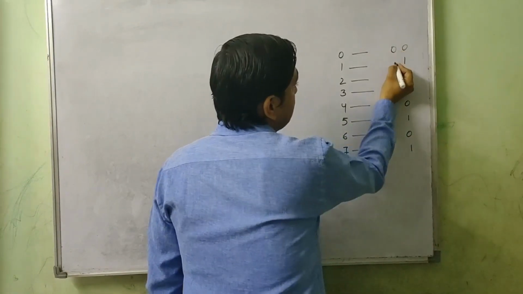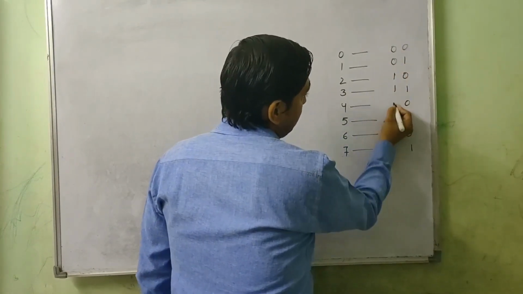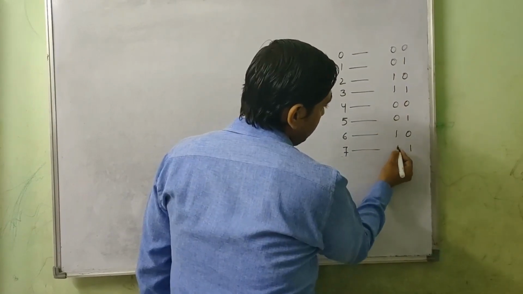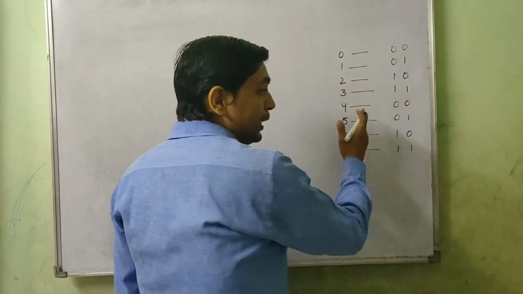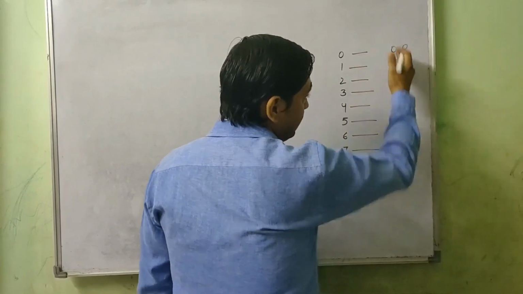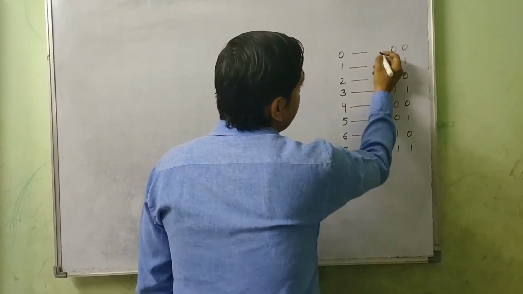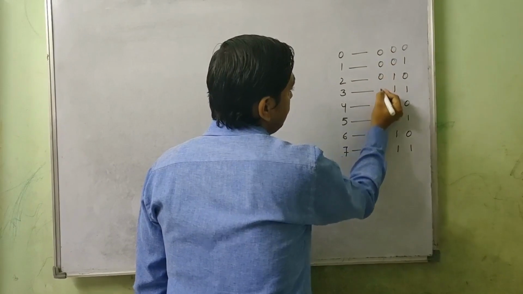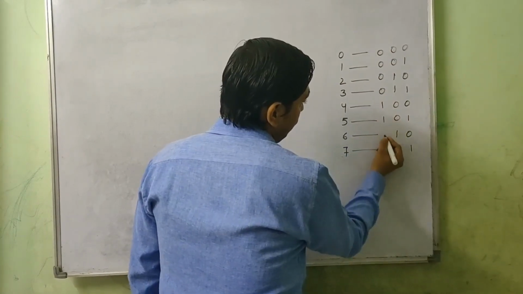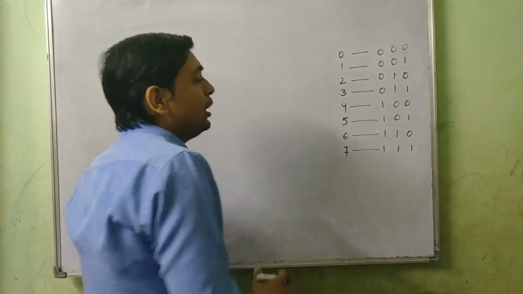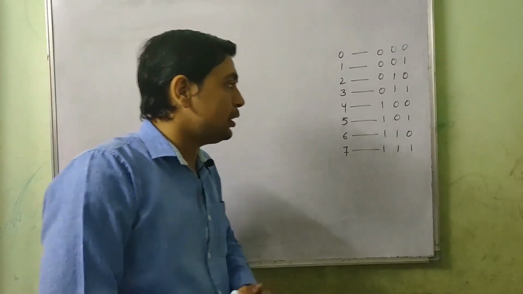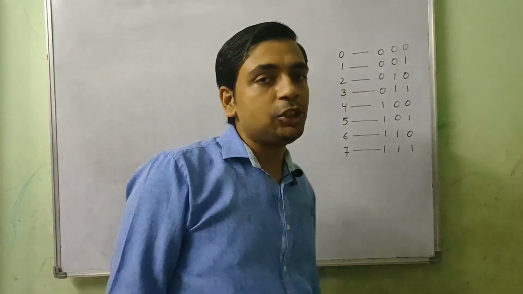So it will be 0011, 0011. And when you move on to the next digit, the gapping will be doubled. Right now the gapping was 2, so now the gapping will be 4. So 0000 1111. And if you move on, then the gapping will be 8. That's it. This is the way you can write a binary number in shortcut.